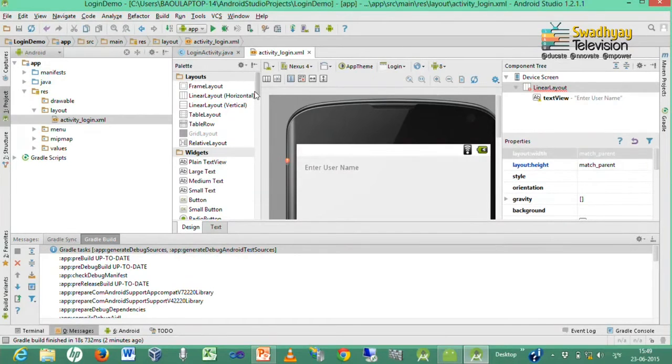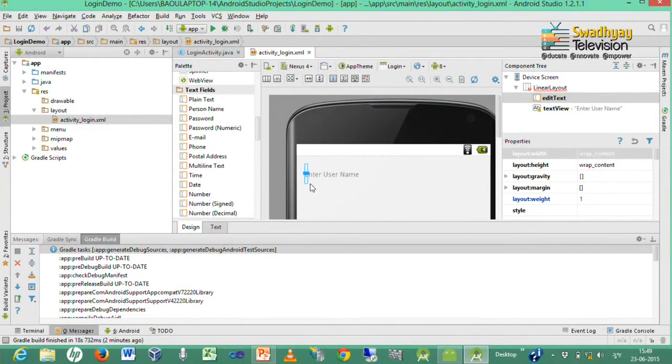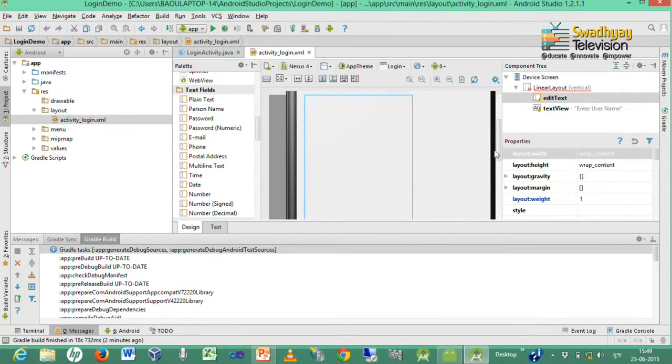Then we must enter one text field. So, this text field will take email. So, I choose email and drag these after the text view.